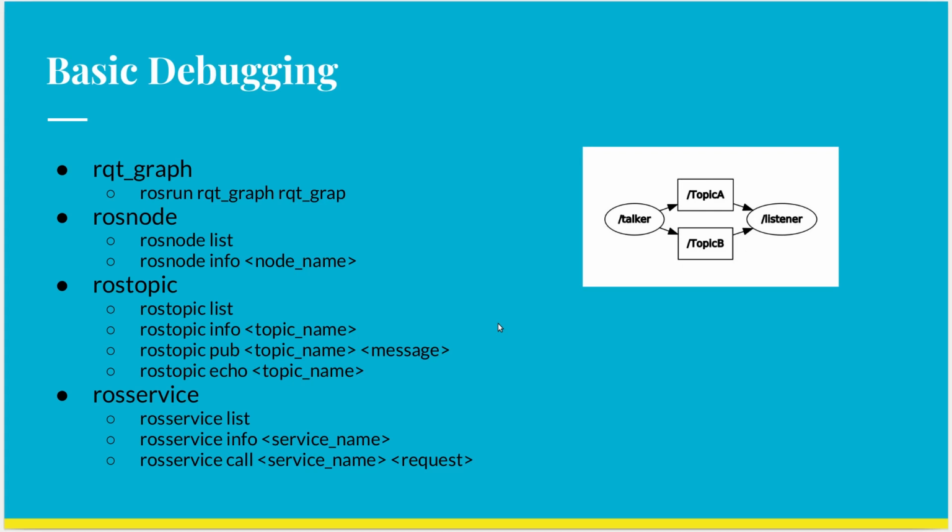The ROS node command can be used to list all the nodes present in the system and to get details regarding a particular node. Similarly, the ROS topic command can list and provide details of different topics that are present in the system. It can also be used to publish a message manually to a topic through the terminal or print the messages that are sent to a topic. This can help you figure out whether the right data is being sent through the topics. The ROS service command has similar options to list and view all the details of the services. You can also call a service from the terminal by passing the service name and a request message. The reply will be printed out in the terminal itself.